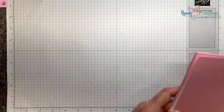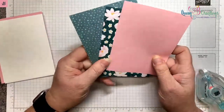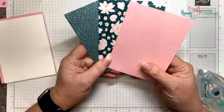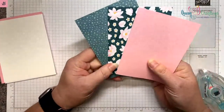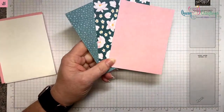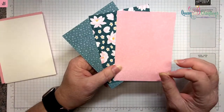I'm going to bring in another one. So this is the, oh darn, it's the one with the ducks. Can't think of the name. Does somebody remember the name of this one? But this is another one. That's the great thing about designer series paper that Stampin' Up! makes, is that